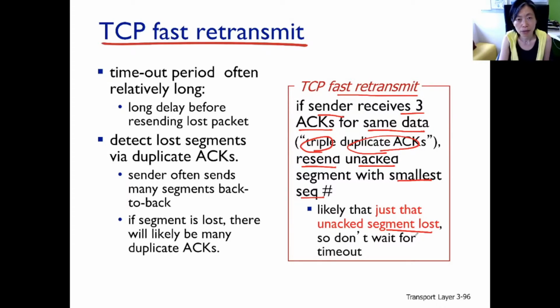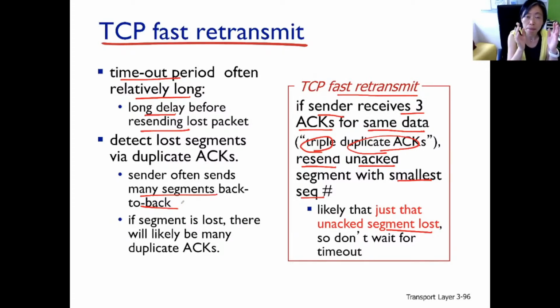Okay. So then we don't have the long timeout interval problem, right? Because otherwise we'd be waiting a long time to retransmit just this sporadic loss. Okay? And this exploits the characteristic of TCP also being pipelined. We send back-to-back segments. In case of sporadic, non-persistent loss, we can observe a number of duplicate ACKs coming back to the sender and resend the packet real quick without waiting too long.